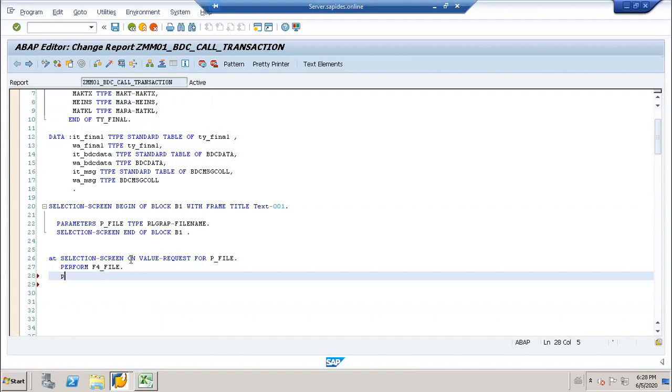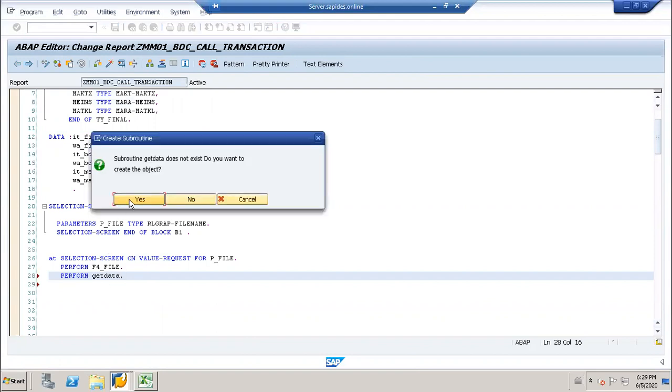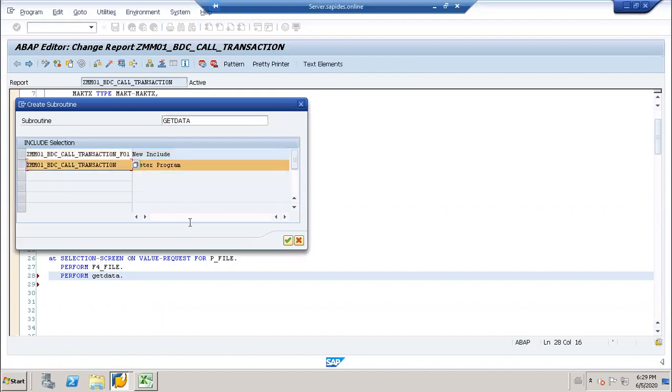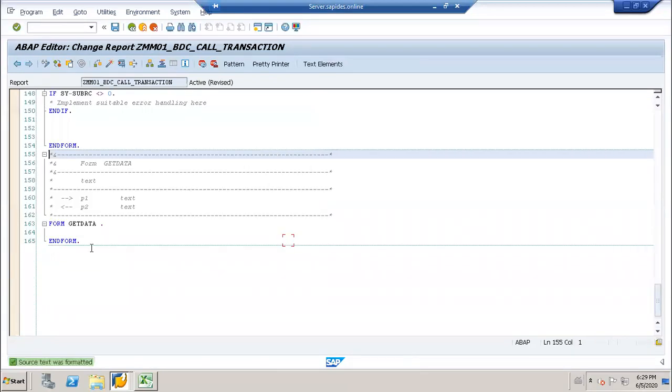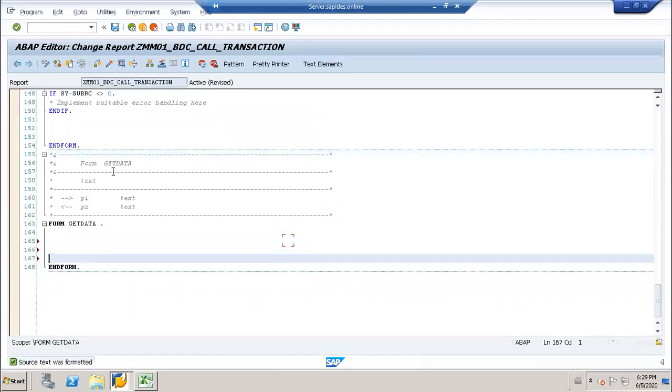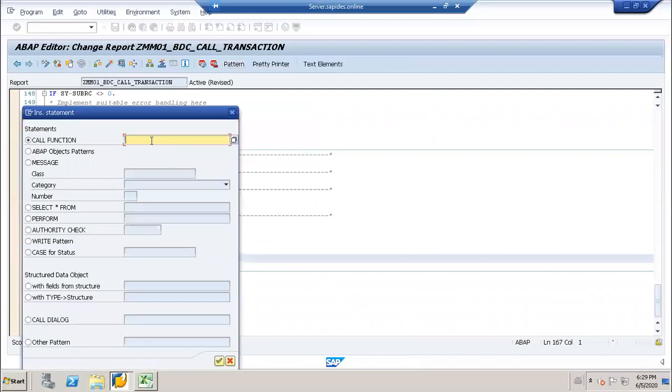So now you have to take get data. Okay. So to get data from the file. Okay. Now how will you get the data? This is a function module. Okay. Let me convert to Excel.